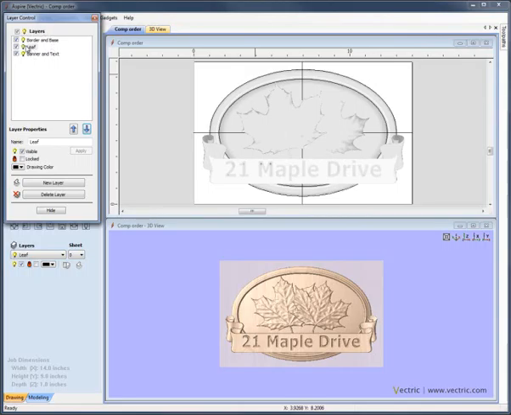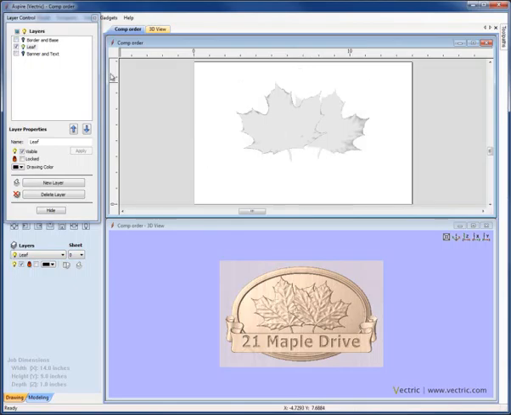Now within an individual layer, you can change the order that you see the grayscales. If we switch off the banner and text layer and the border and base layer, we have our two leaves here. Now you can see the order of the grayscales has no effect on the 3D because in actual fact this is more prominent than this leaf in our 3D view and in the way that we have those components set. For the visualization and selection purpose that we have the grayscales for though, I may want to change this order now,